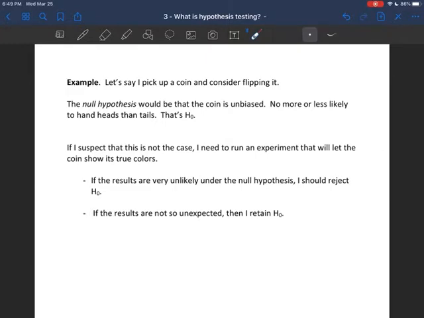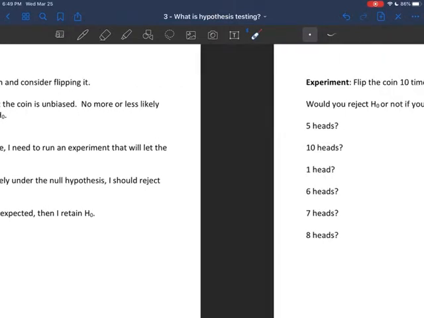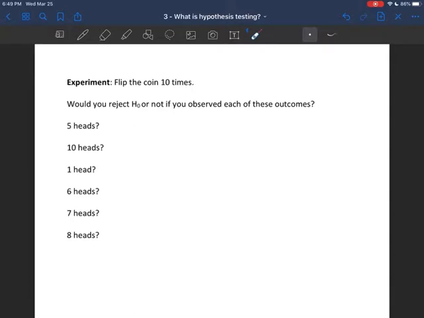The way we say this usually is we fail to reject the null hypothesis. So let's think of a specific experiment that I could run on this coin, and that's going to be to flip it. I'm going to flip the coin a bunch of times, 10 times. It's not that many times in reality, but let's say that I flip this coin 10 times, and I want to know